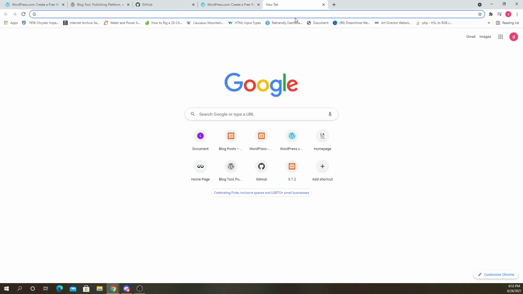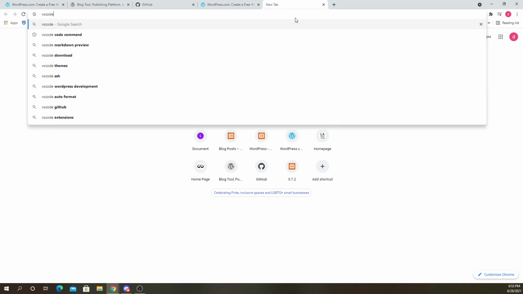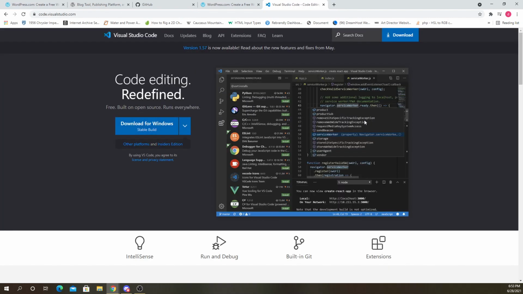So just like the software that we're probably gonna need, I don't know if we're gonna actually need VS Code for this class. You think about it. We're just gonna be using WordPress, mostly using the WordPress plugins and stuff. So most likely we won't need VS Code too much, but it's still a good idea to download it if you don't have it. But again, Visual Studio Code is also free, built on open source. It's what makes Visual Studio popular, right?